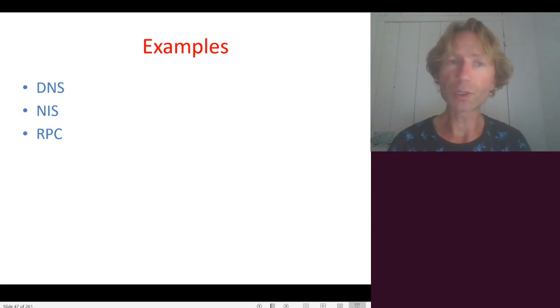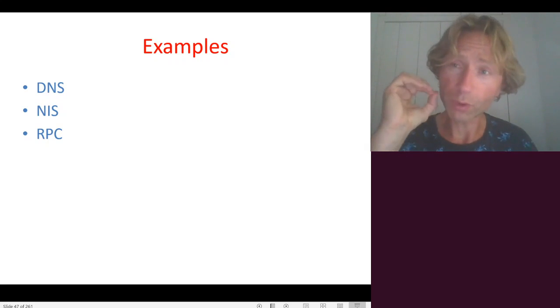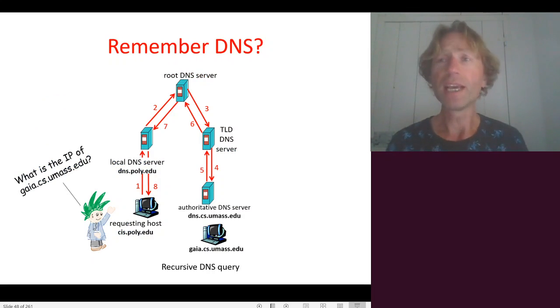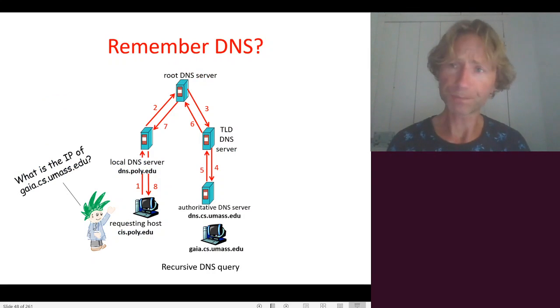And the example that we're going to look at is DNS, because the other ones are a little bit older and a little less relevant. But DNS is one of the core services in the internet, super critical for security. And DNS, if you all remember from your computer networks course, allows you to map a symbolic name such as gaia.cs.umass.edu into an IP address. And it has two modes of operation. We can do this